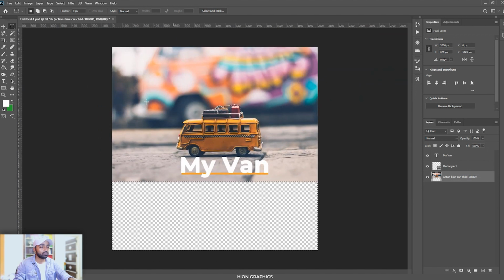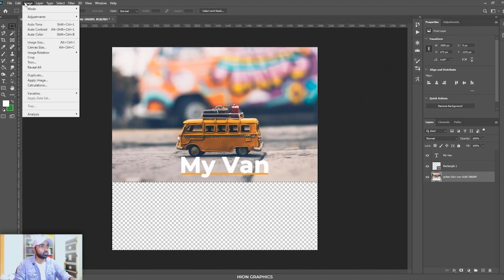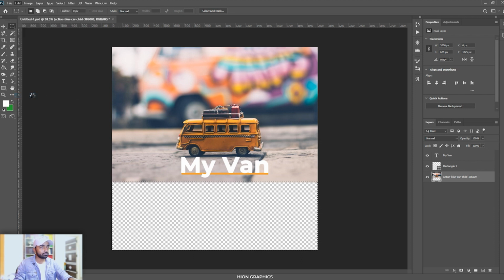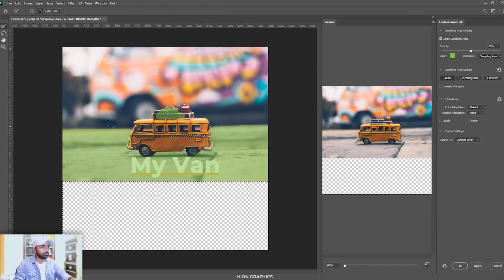You can see the selection, and on this selection I will go to edit, and I see this option, content aware fill. What it does is, from the area that we have here, it tries to fill this area. Okay, I do a content aware fill, and it does some manipulations.